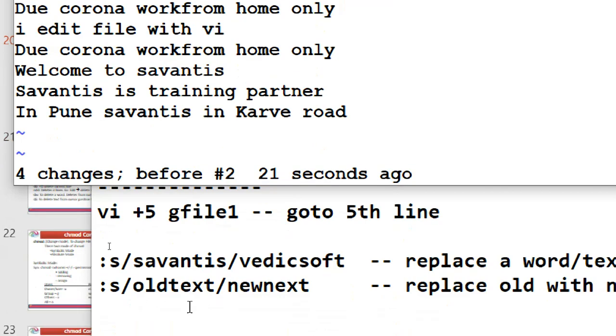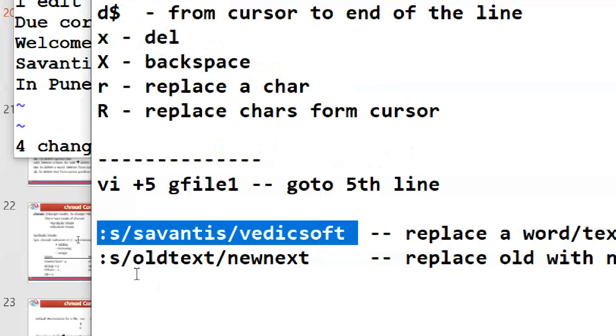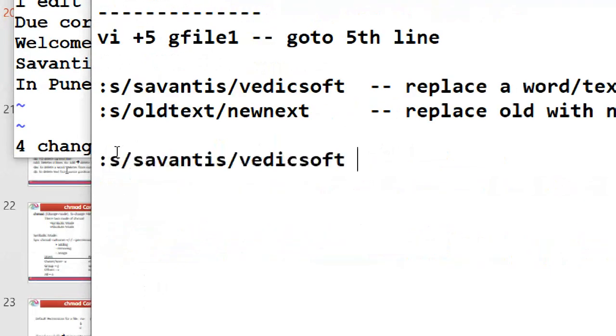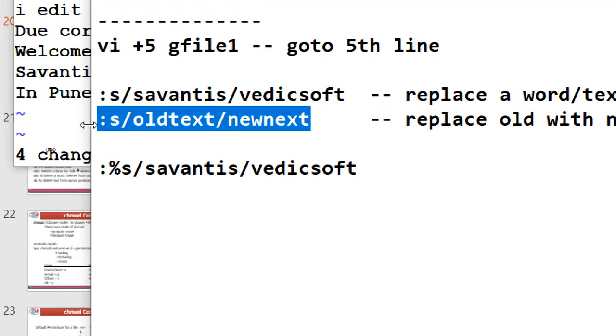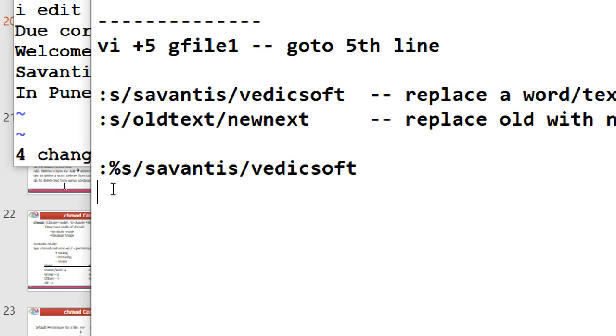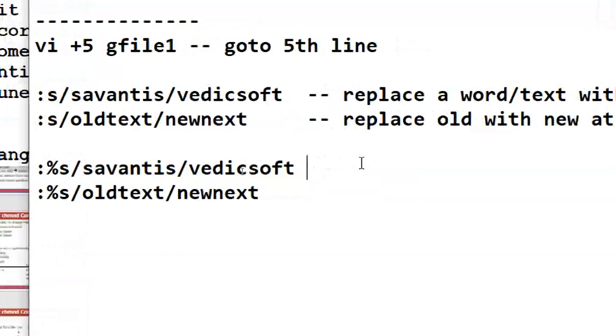Okay, so what command do I use? The same command, percentage, yes. So what is this?